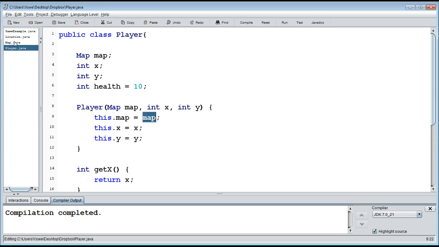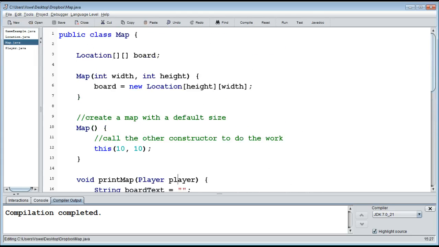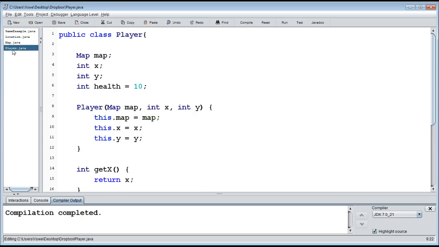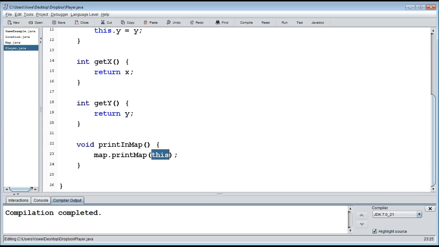And then we had the third way, which we saw in map here, where we used it to call another constructor from within one constructor. So that's the three different uses of this. Either to call another constructor, or to refer to a field like that, or refer to ourselves like that. So we always refer to ourselves somehow, to the own object, but exactly what we're doing is a bit different. Right, so now we can ask the player to just print itself out in the map,